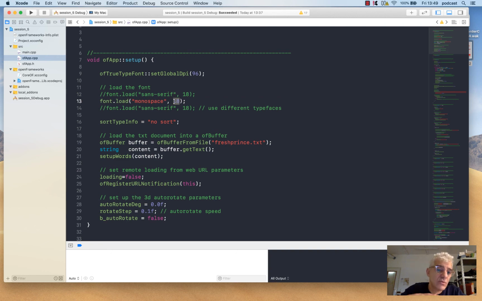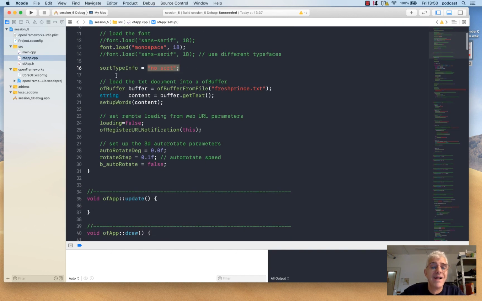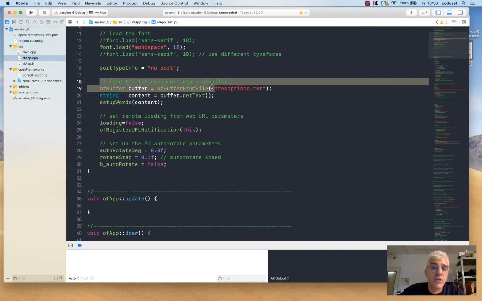So these are system typefaces, sans serif, serif, monospace, that Mac, Windows, and Linux will understand, and they're defaults. We could actually use a specific true type font by giving it the name of the true type font and loading that into the data folder or at a specific file path. But in this instance, we just want this basic typeface. Now, we set up sort type info as an option, and initially we're going to use the option to say no sort. And now what we want to do is load a text file